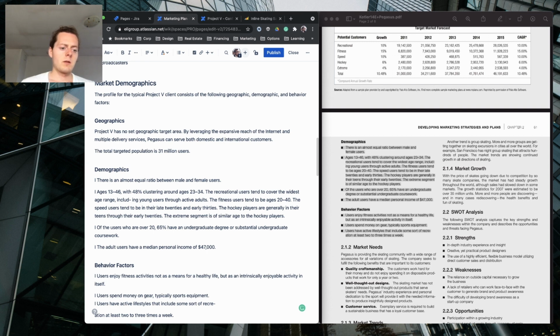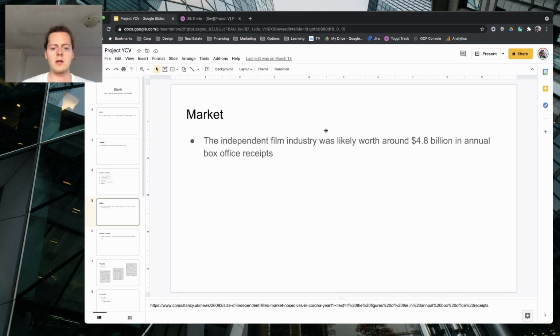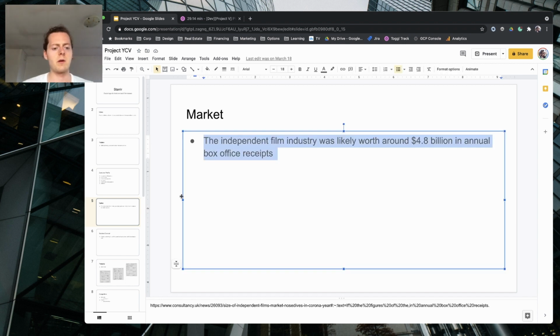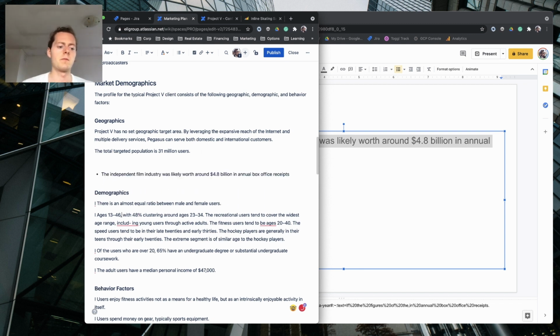Okay, so the total market, I've got it here. So that's the market, and the box office is here. I probably should get the number of people actually. Yeah, I know that from the analysis which I did in the previous sprint, which was listing all of the channels. So that's this one, and also I've got Facebook groups, users on the Facebook groups.